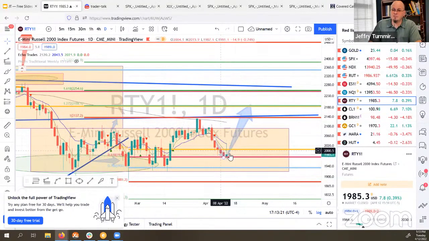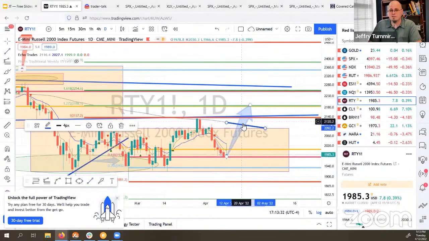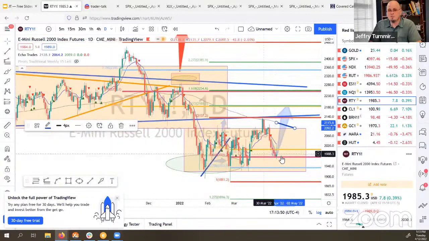It's right at the line, right at the arrow, right at the levels I pointed at, drew some arrows and said would bounce. So the resistance is going to be where this 144 EMA comes in, probably around 2100 area. If we can start getting bullish here, we start getting a couple days of positive action, look for resistance at that 2100. If we push on through there, we can quickly see 2200, 2300 on Russell. So it's a really nice place for it to bounce right there. Now, if it does fail, we'd be looking for a lower low somewhere below this 1880 area on Russell.